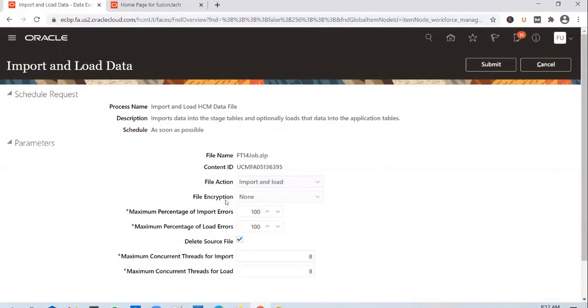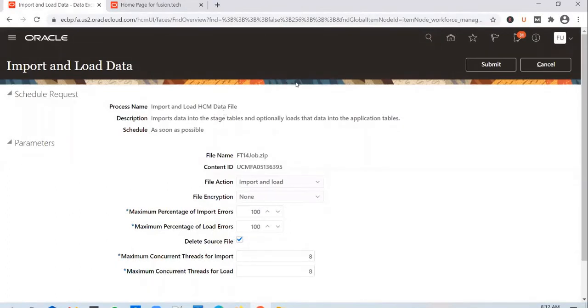And you have got the file encryption parameter here. So you will be receiving the HCM data file from the client. And if that data file contains sensitive information, say for example, person information with SSN numbers or payroll information, it could be any information within the file, what the client can do is encrypt the data file.